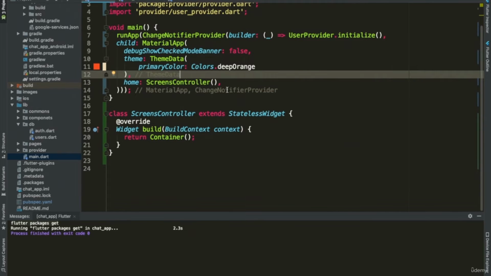And what ScreensController will do is basically return a screen or particular page, a particular screen based on the status of the user. Okay,